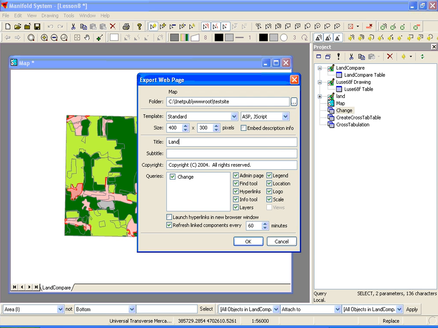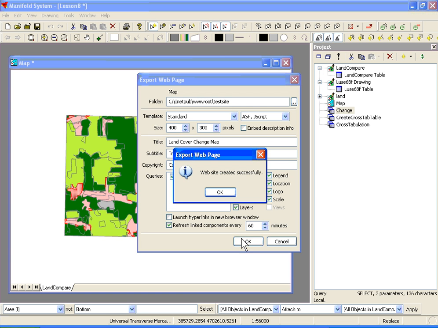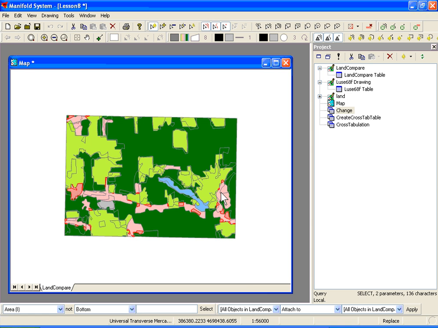And finally, I'm going to enter a title. Call this Land Cover Change Map. And we'll create a subtitle, Training Data Set, and hit OK. So that actually is going to create our web page. It says the web page has been created successfully, and that's created all the JavaScript and ASP code to create